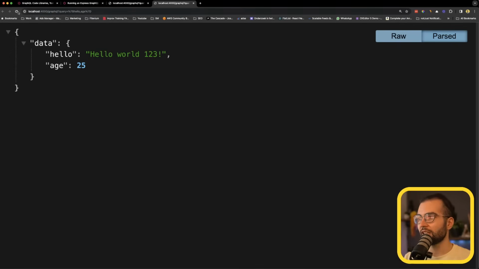Whenever we are sending this request here, no matter from where, from our application, if we have access to our localhost, we're going to be able to get the data. That's not usually how it happens, and there are tools that allow us to interact with our GraphQL API from a visual interface. These tools are great for both backend developers to test their APIs, to run queries against their APIs, and also they serve as a great resource for front-end developers to build first their queries before integrating them in the application. So one of these tools is GraphiQL,